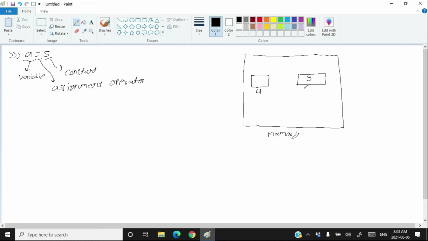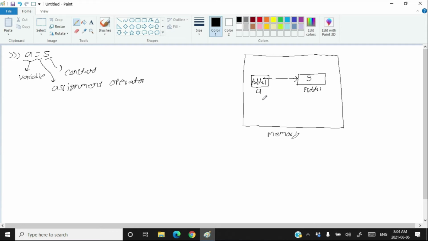The address of this value is ADDR1. I am assuming the address of this value as ADDR1. Actually, addresses do not look like this. The address of the value which has to be assigned in the variable A will be stored in the allocated memory for A. So the value ADDR1 will be stored in A. Storing the address of this value in the variable A means that this variable is pointing to the value.